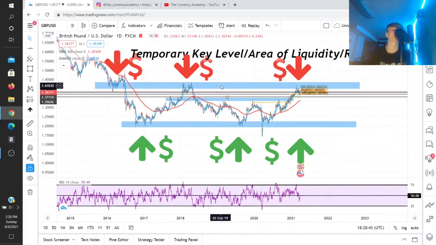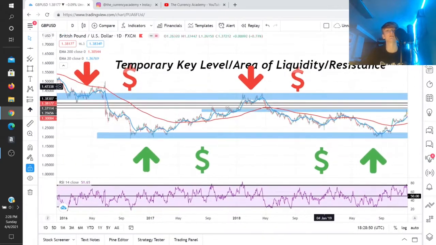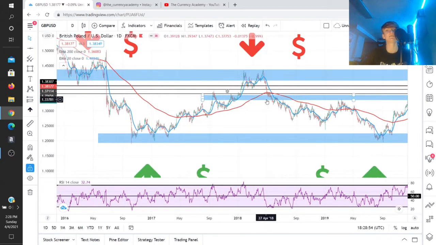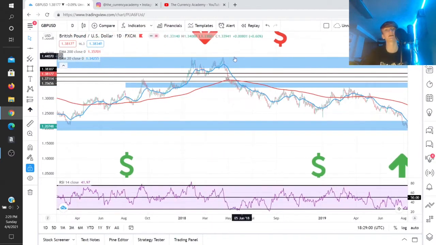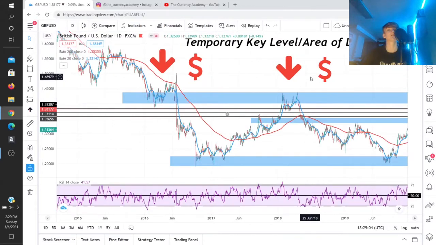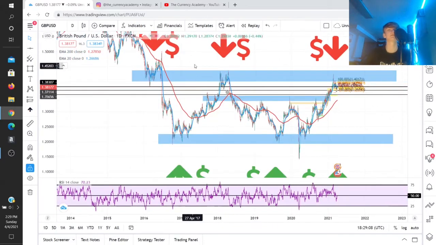You want to be looking for entries. You want to be looking for a break of market structure. And when I say that, I mean you want to be looking for price to come out of this box, come down. Sometimes it'll retest, but sometimes it won't. That's why you have to get more into your patterns and know what's happening up here. But there's a whole another area which allows you to kind of help your entries depending on how you trade,